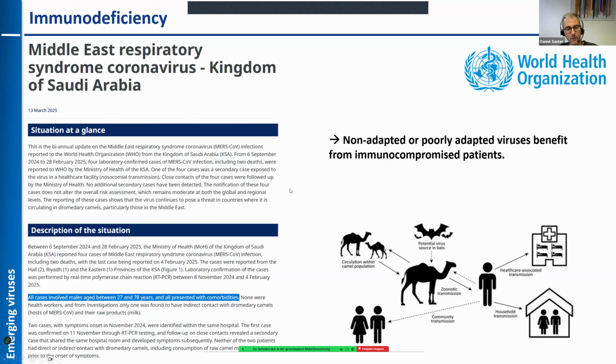Unfortunately, this virus may further evolve in these patients and adapt to the human host. One could see these immunocompromised individuals as breeding vessels or evolution vessels that may, in the end, allow the virus to better adapt to humans and result in the emergence of a MERS virus that can be transmitted more efficiently from human to human.